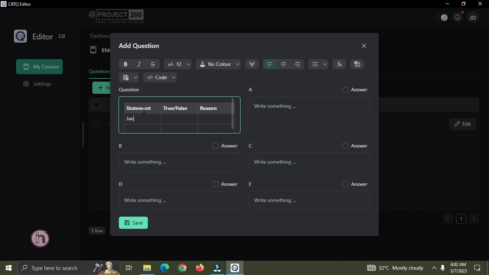So you can just say Jane was happy about the outcome of the competition. Okay, now we can decide to stretch this. You can see it's looking just too long. Let's just elongate this. You can see it's looking better. Okay, so that's done. On this second column we can just say true, and then this reason is going to be the